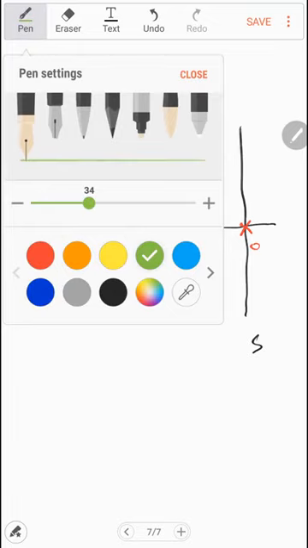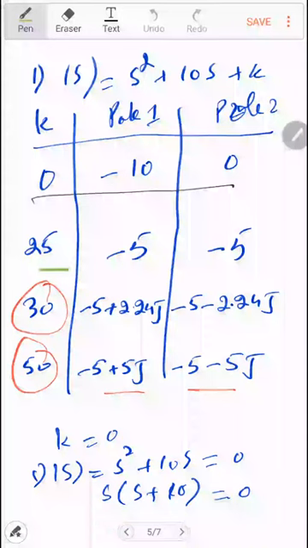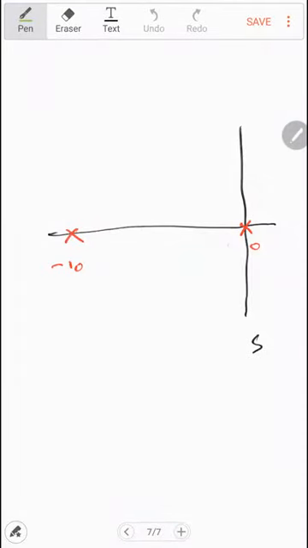When k is equal to 25, when the gain is increased, the pole is changed to minus 5. Both poles move toward minus 5. As you change the value of k, this pole moves and comes to minus 5, and the other one also comes to minus 5. So we have two poles at minus 5. We see that as the value of the gain is changed, the poles move along the real axis.